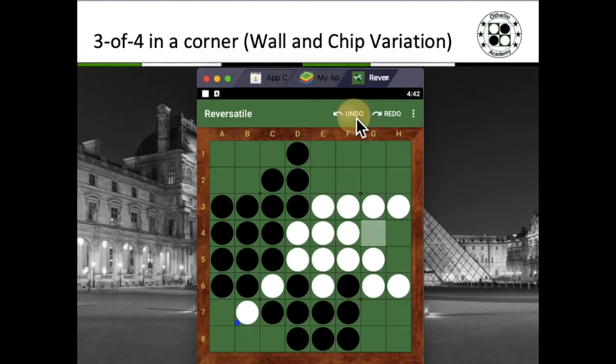So notice how this shape was constructed. It almost works like a stoner trap, but essentially you need to know that this has to be built against a wall. The reason why I call it a chip variation is because it's not a perfect wall. There is one empty square at c8 that makes it an imperfect shape as compared to just a simple 4-disc box corner. So this is one shape that is very useful to actually learn,